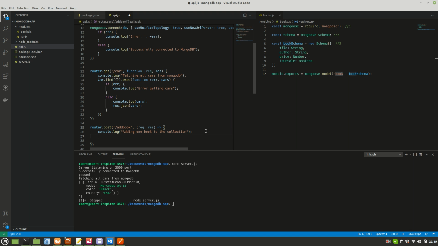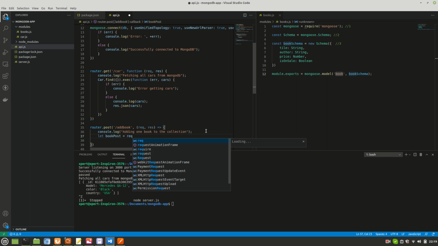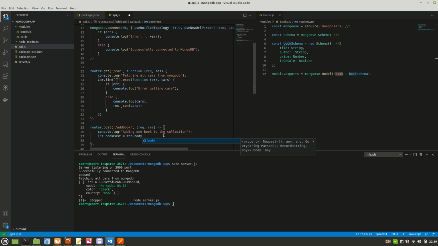We'll say let book post is equal to request dot body. That object, I'll tell you, we'll send an object which has to be pushed to MongoDB. We'll pass it as a body from Postman, which will go as a post request. So I'm just fetching that body part from the request.